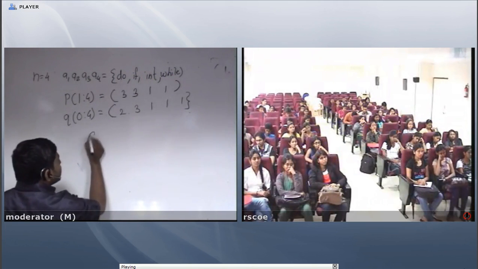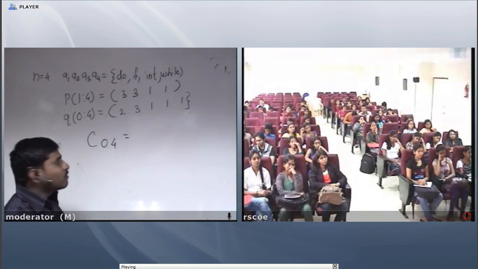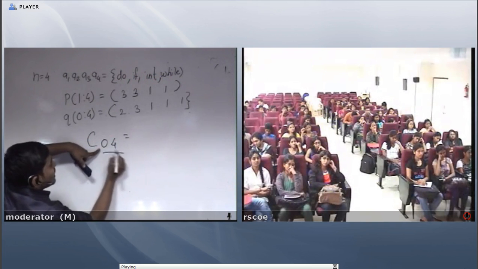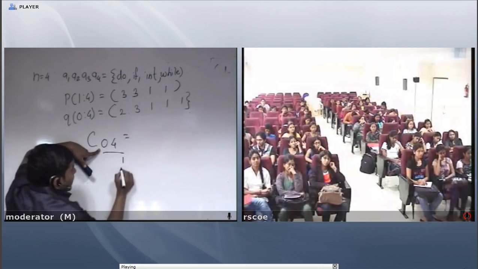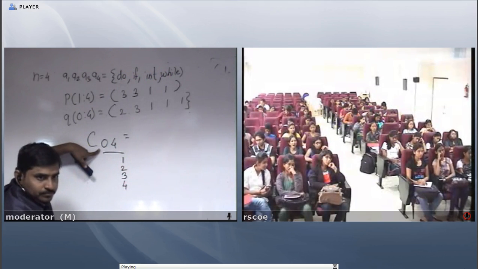So best root means what? Finally, we want to find out the cost from 0 to 4. Why am I considering 0 to 4? The first element may be root, the second element may be root, the third element may be root, the fourth element may be root.